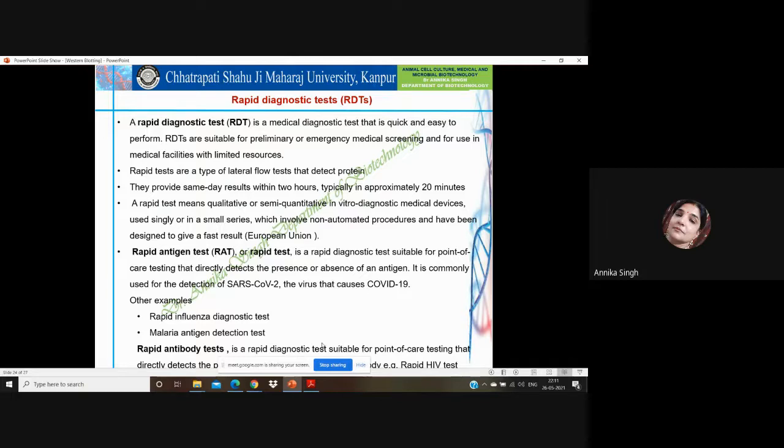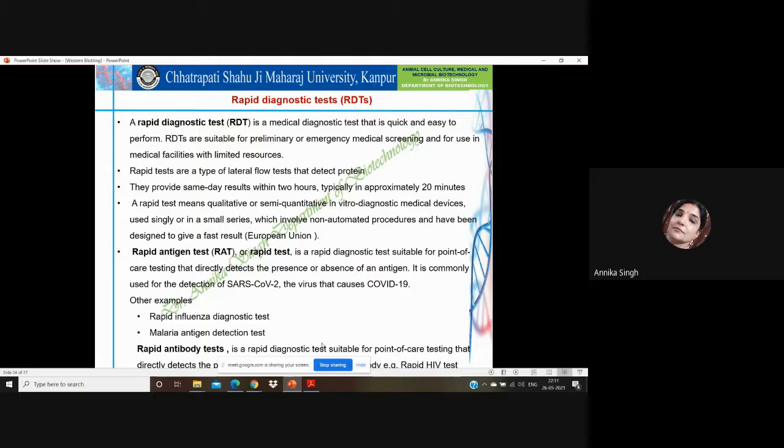It is now commonly used for the detection of SARS-CoV-2, which causes the COVID-19 disease, and for that a monoclonal antibody must be immobilized in a matrix,